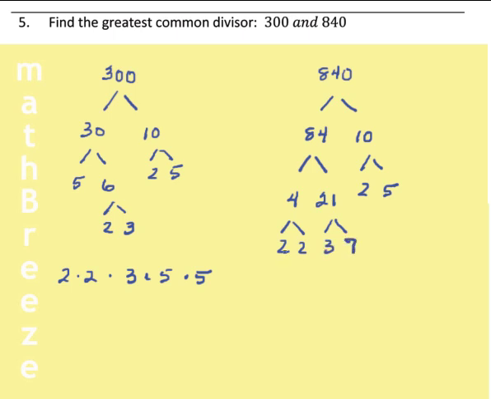I think we have primes now at the bottom of these branches: 2, 2, 3, 7, 2, 5. Let's put them in order. We have three 2's, one 3, a 5, and a 7. So here are our two prime factorizations, and now for our technique, what we're going to do is